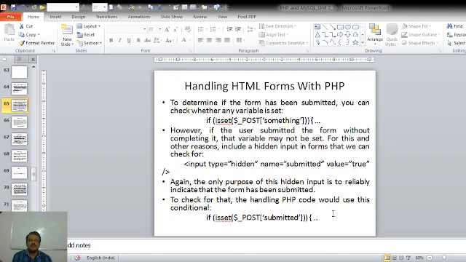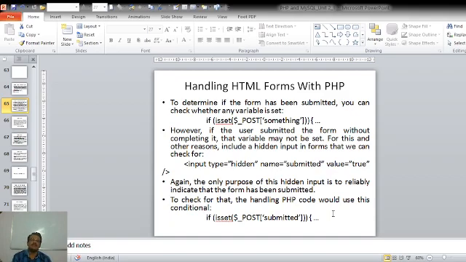For that we use the function isset, and we check the $_POST array for some value. If the form has been submitted, then the $_POST array will be populated with the form values. So we are just checking whether it is set with some value: if (isset($_POST['something']).